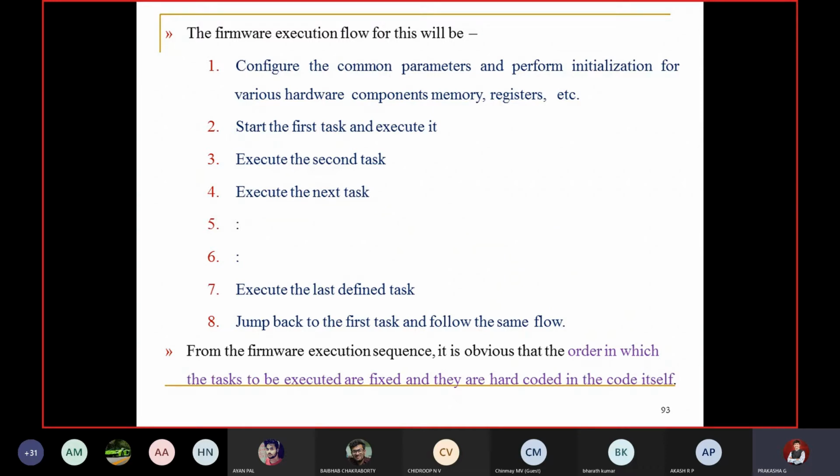Hope everyone is getting what I am explaining. Can I get some acknowledgement from your end? What is the super loop model? How is the super loop model going to work? What all is the super loop model going to be considered for? And what exactly is the difference between the super loop model and the OS based model? I need an acknowledgement from one of you. Everything is going on smoothly.